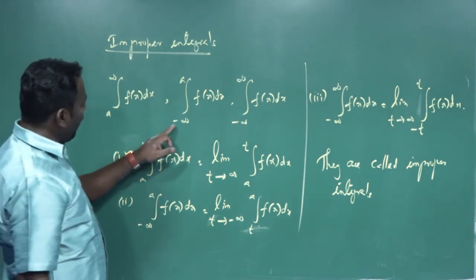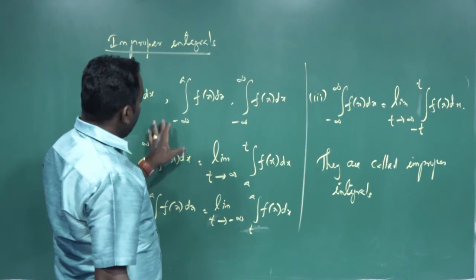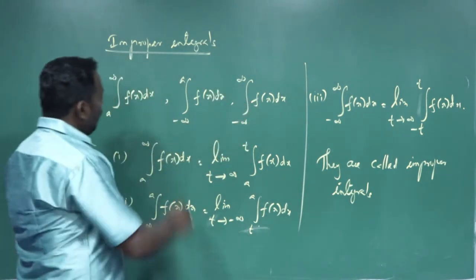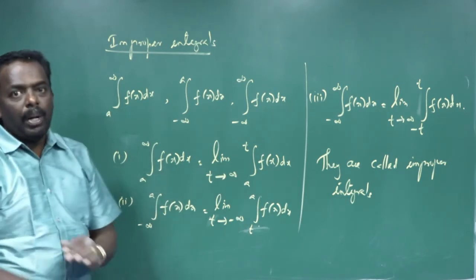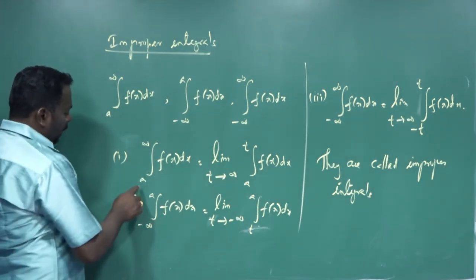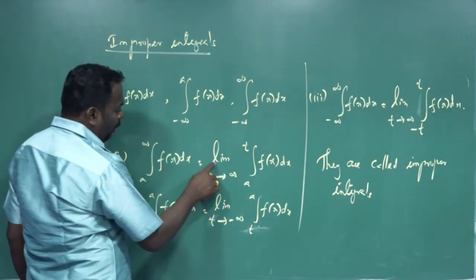And similarly, minus infinity to plus infinity of f of x dx is also an improper integral. These are all called improper integrals. Now, how to solve? The improper integral from a to infinity of f of x dx is equal to the limit as